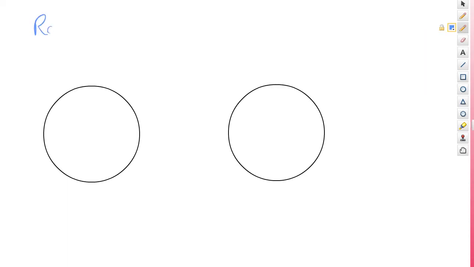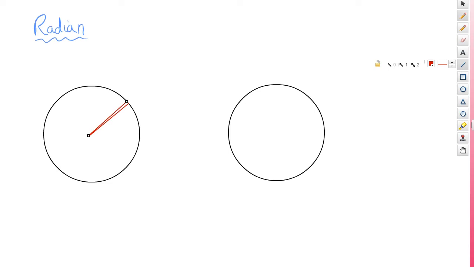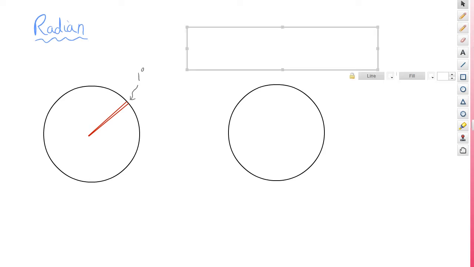So what is the radian? Well, the radian is just a unit of angle. We already know about the degree. We know that that's a unit of angle, and we use that all the time. Well, a degree is a tiny little sliver. If I draw a degree on here, then it's only about that big or smaller, because we know that there are 360 degrees around a complete circle. There's 1 degree there. Well, a radian is just an alternative unit, really, but it's got a kind of curious